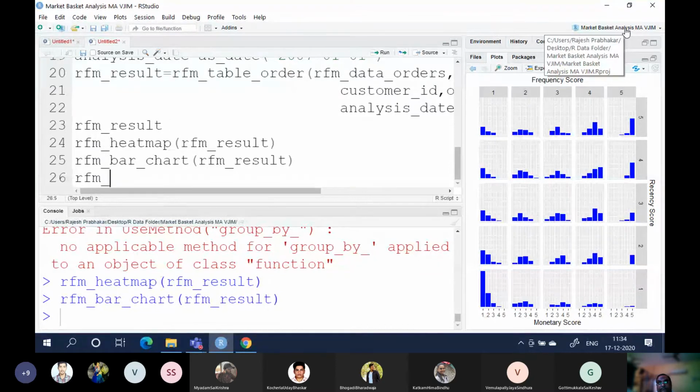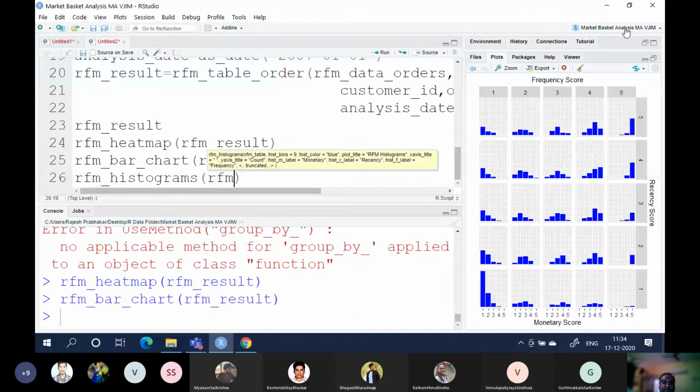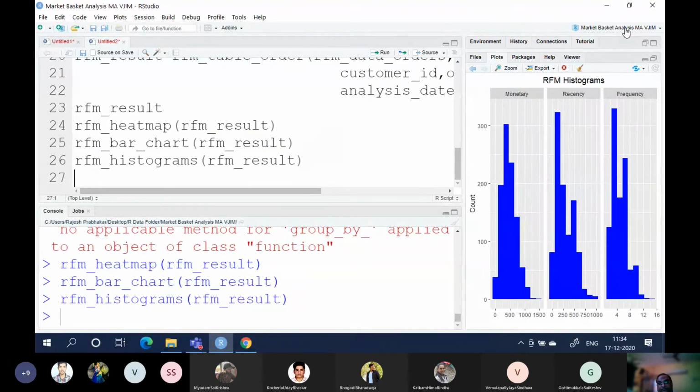So RFM underscore histogram, RFM underscore result. Monetary histogram, frequency histogram, and recency histogram.